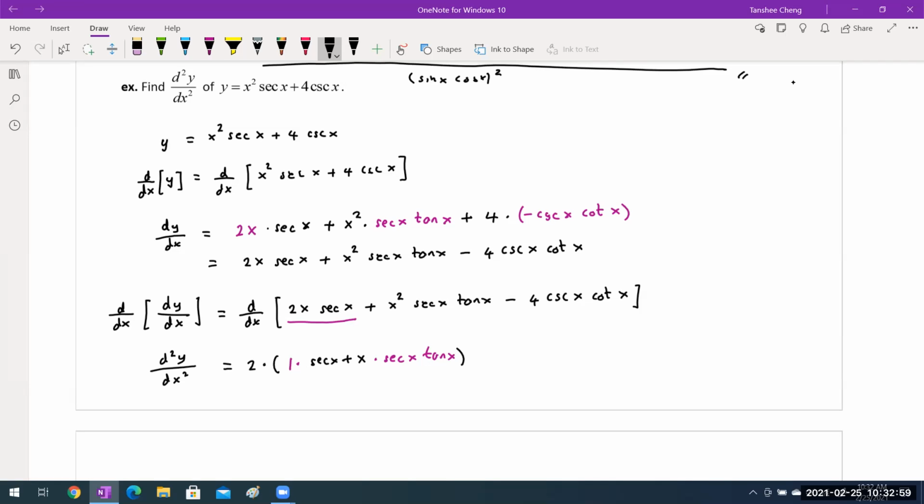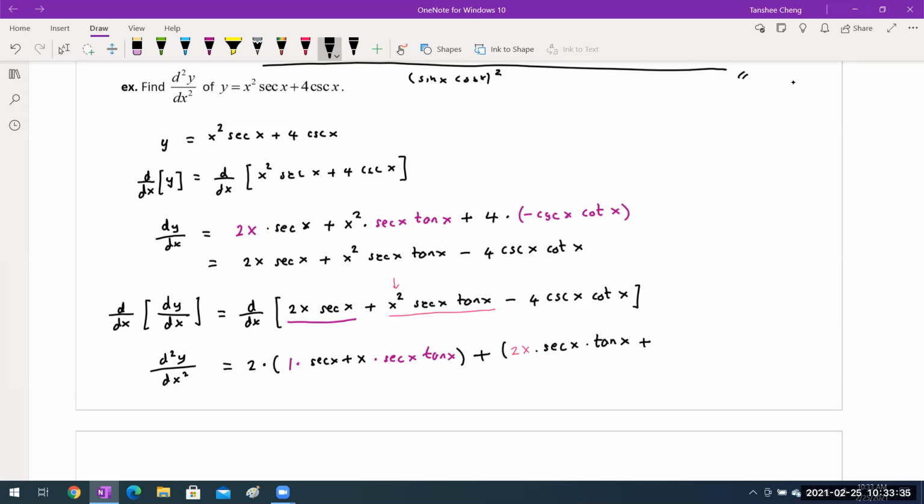So now we're going to take the derivative of the second term. This time we need to use the three-factor formula, which is too much, right? So now take a look at it in this. Derivative of x squared first. So that will become 2x times secant x tangent x